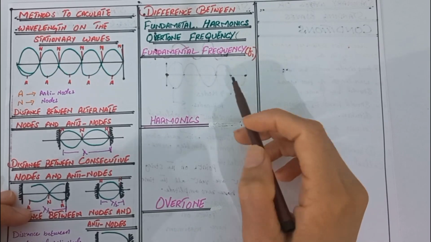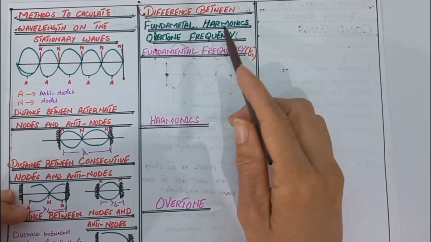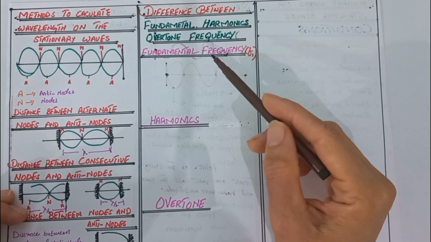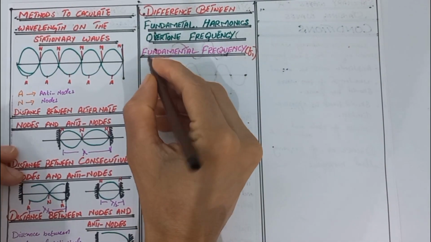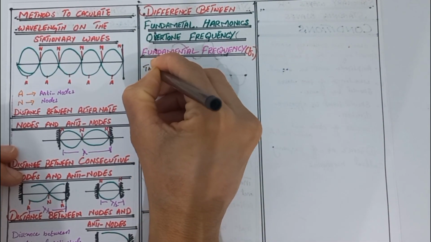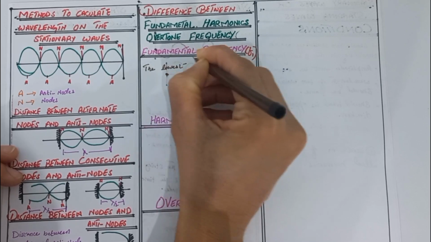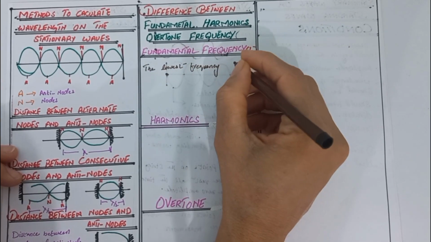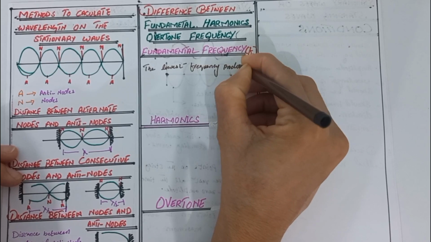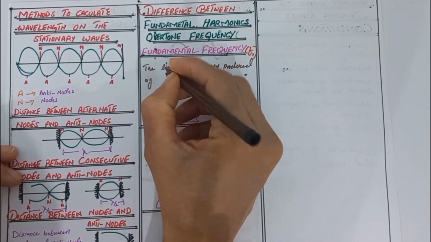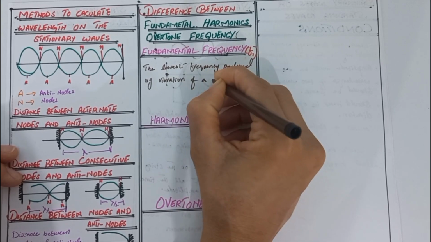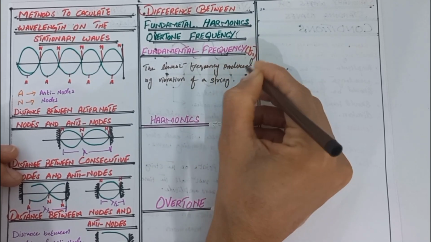Assalamu alaikum students. Today we discuss the topic of the difference between the fundamental harmonic and overtone frequency. The first topic is the fundamental frequency. The lowest possible frequency, the lowest frequency produced by vibration of a string,